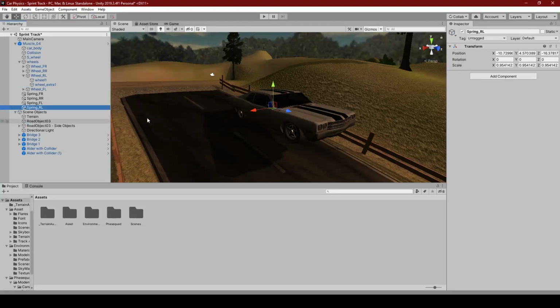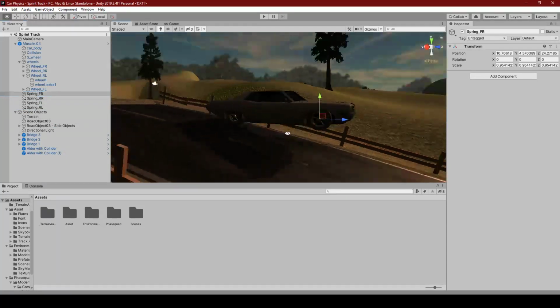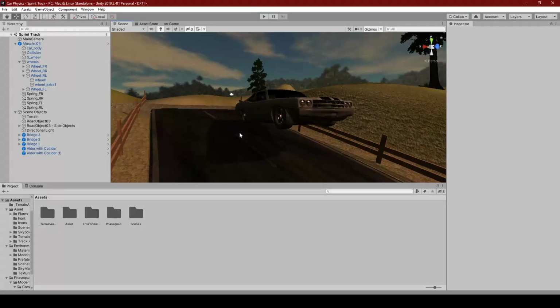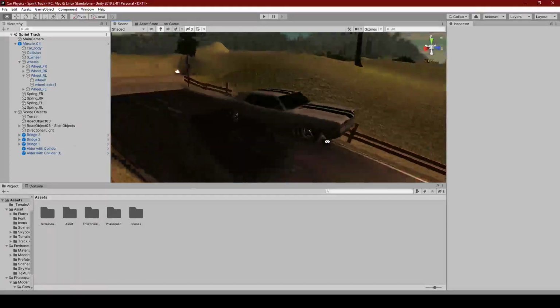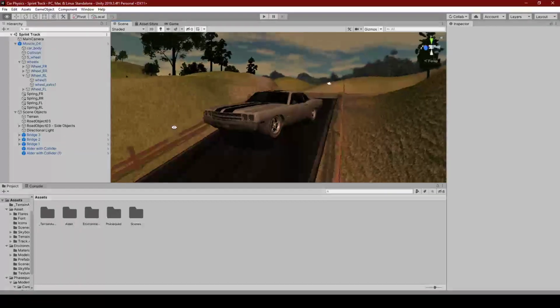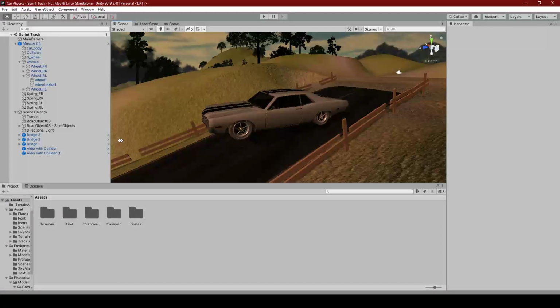And you can see now what we have is, if I click through these, you'll see all these springs are located at their respective wheels. And so what we're going to do is use these to simulate the suspension at those points on the car. And this is going to be modular, meaning if you decide to do a semi-truck, in theory, you can do that with this system. So anyway,